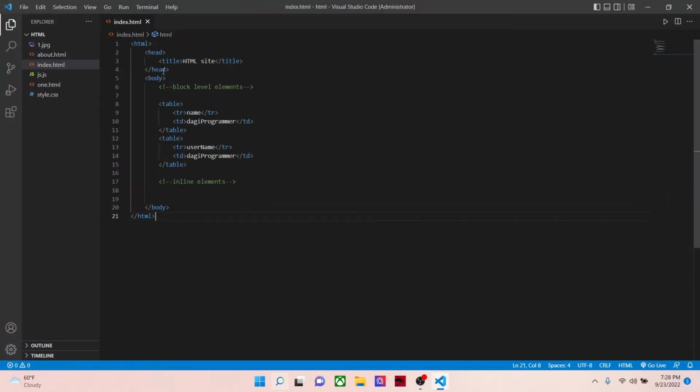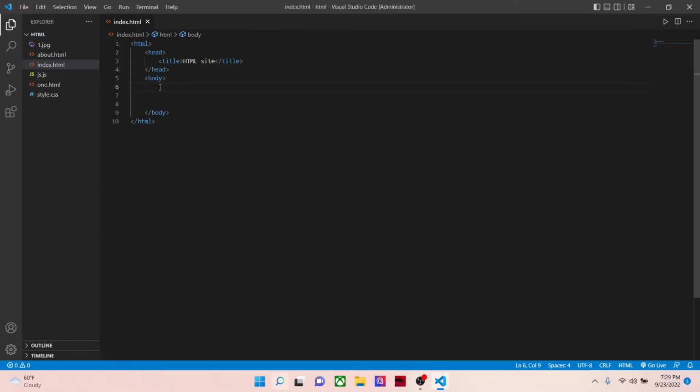Now we will go back to our previous HTML documents, or we can use a new document. Anyways, let's delete everything inside our body. Then let's call this HTML styles. Now there are three ways. There are two ways we could add CSS into our HTML. One is the inline